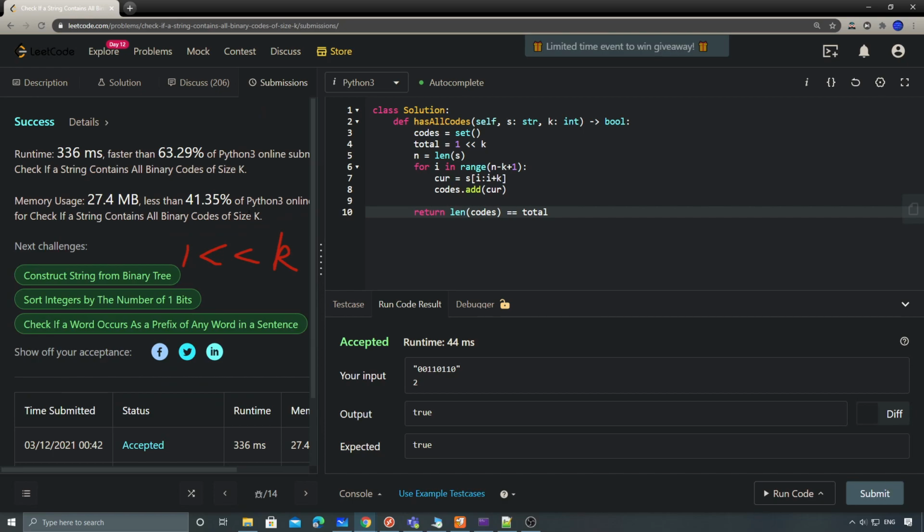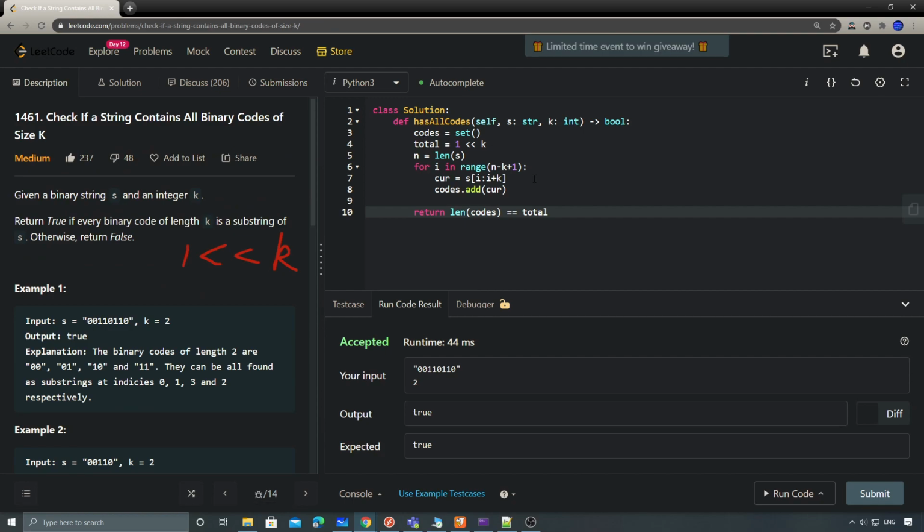Submit. Right, so that's how it works. For this one, as you guys can see, the time complexity is n times k, because for each i here, we do a substring of k. That's why the total time complexity is n times k, and the space complexity is the codes. So the time complexity is O of n times k, and space is also O of n times k,